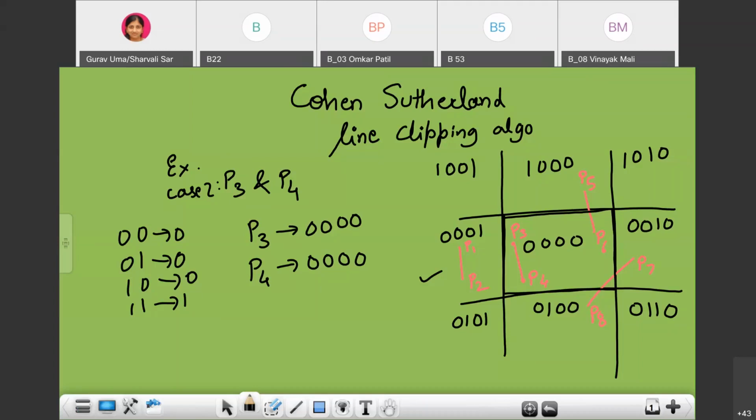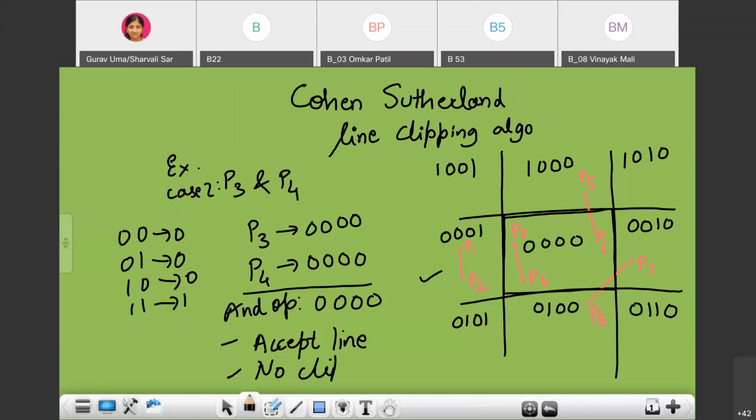So when we perform the AND operation, the output will be 0000. As there are all zeros, we have to accept the line and no clipping is required.